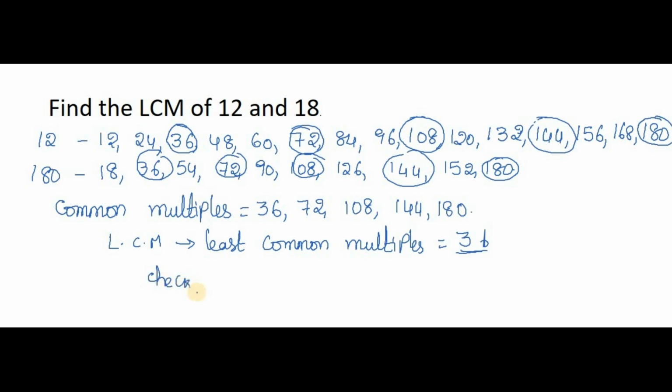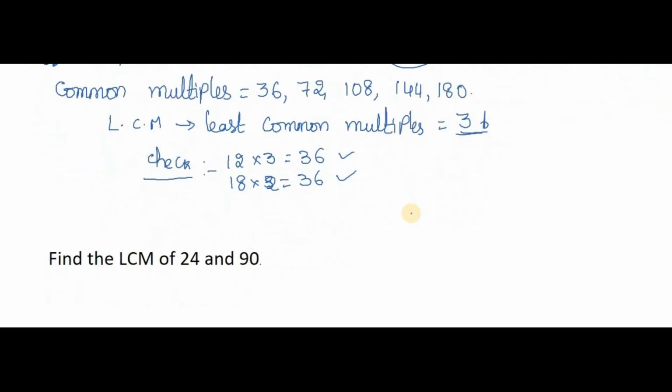Now how can we check? We check in HCF also whether my answer is right or wrong. Whatever answer we got, we check whether it is in those tables. But for LCM you should check in reverse. Means in the 12 table you are going to get 36 or not, in the 18 table are you going to get 36 or not, that you should check. 12 threes are 36 and 18 twos are 36. We are checking that it is the least multiple of the given numbers, so that is the reason we should find it in this way.